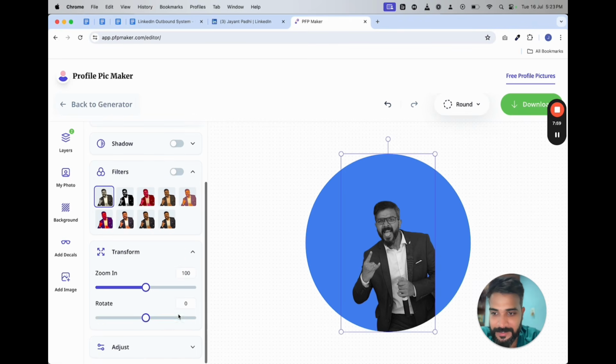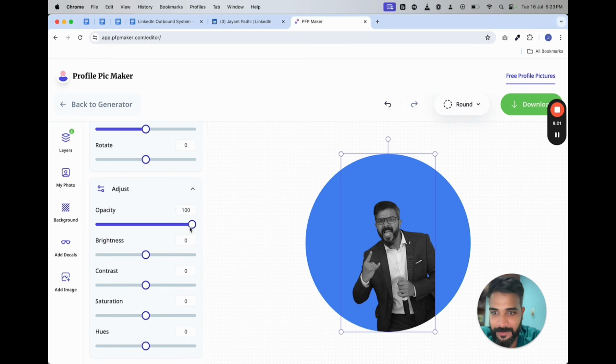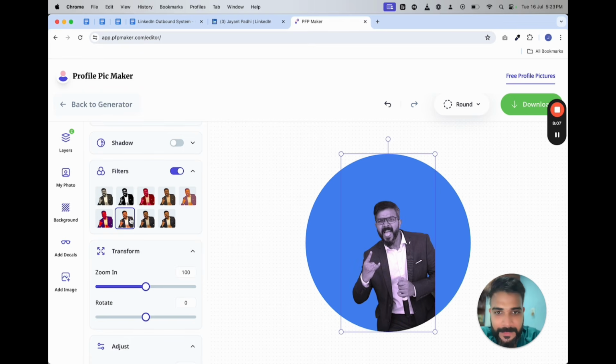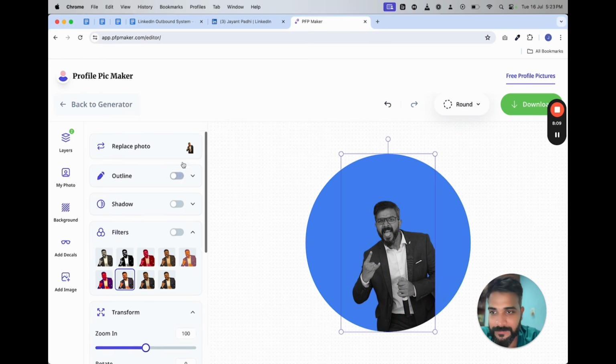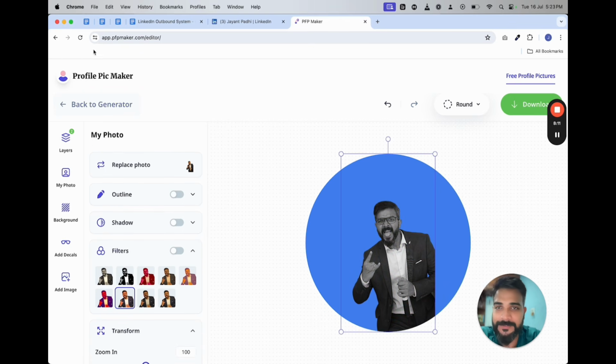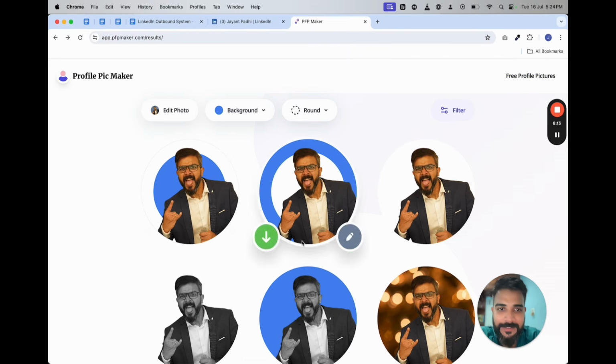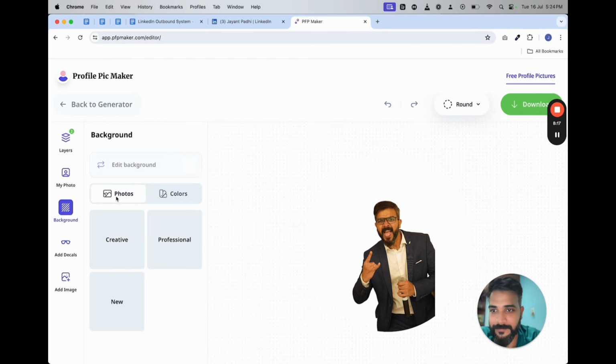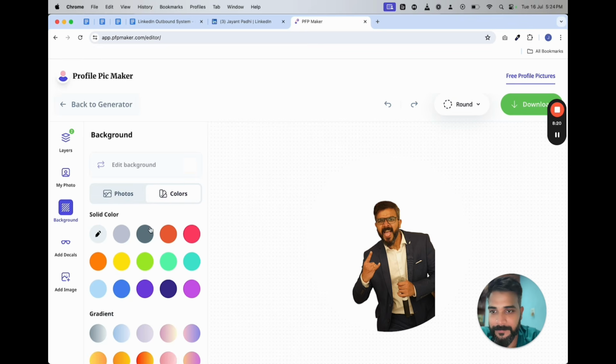I think adjust. Oh yeah, this one. I don't know, that must be a problem. We can go back to the generator, maybe I can edit it from here. Yeah, we can make it something like this.